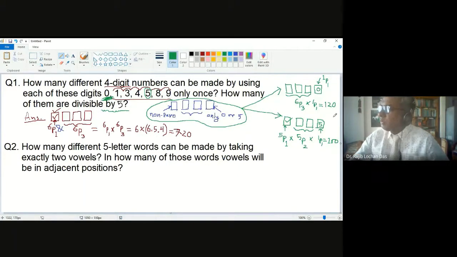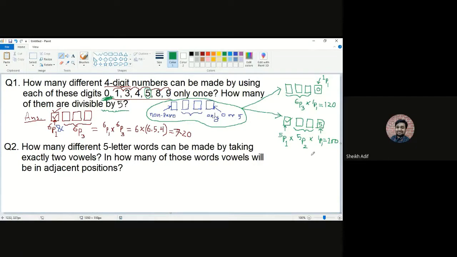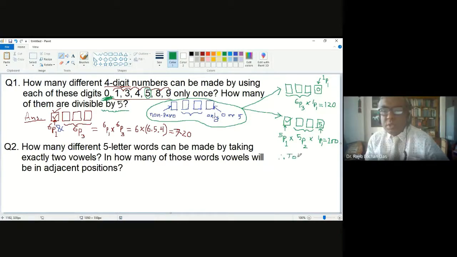Why are you doing plus? Sir, because we already found all the options. No, that is not the mathematical logic. Sir, the total will be 120 plus 100, and it will be 220. It is correct. But the mathematical logic is it will be plus